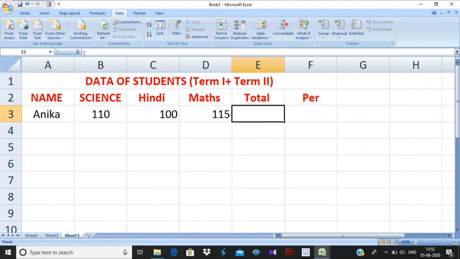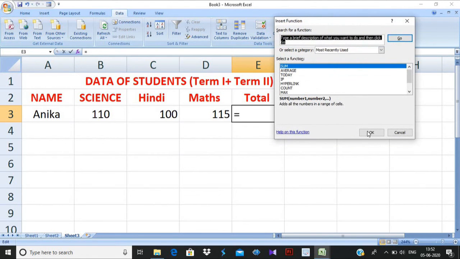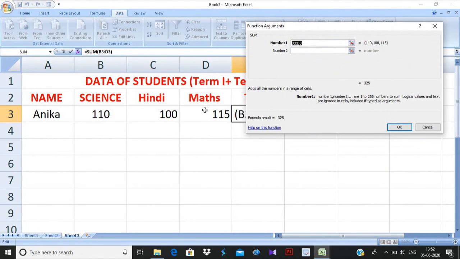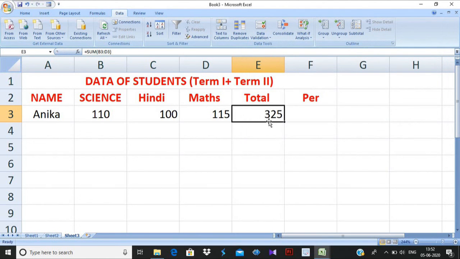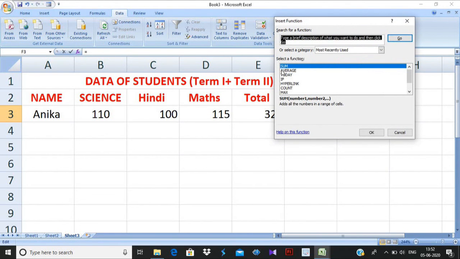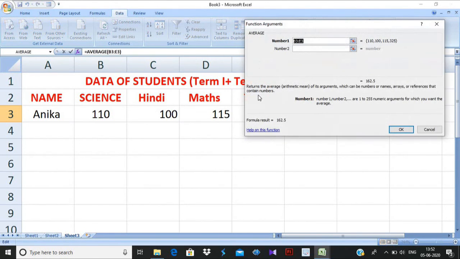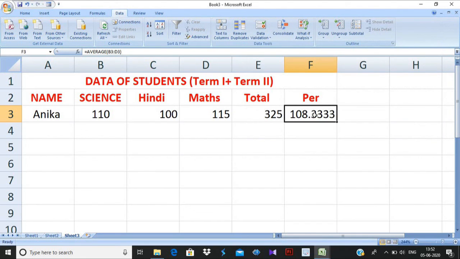Click on the Sum function and select B3 to D3, and click on OK. It will show the total. For percentage, click on the function Average and select the cell range B3 to D3, not E3, D3. Then click OK, and it will show the percentage or average of these three.